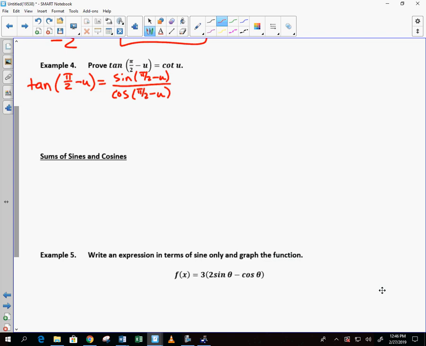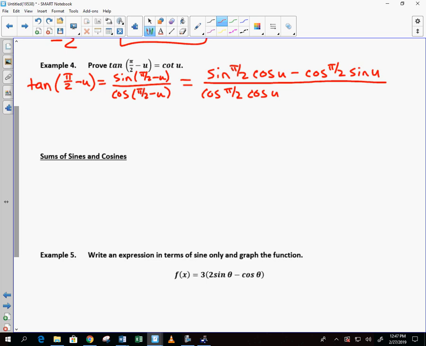Hey, it's interesting that they're giving us this type of proof in this section where it looks like you have subtraction of angles. Do we know how to do difference of angles with sine and cosine? Yeah, we just did it on the front page, right? So the top will expand to what? Sine of pi over 2 minus u. How does the top expand? Sine of pi over 2 times cosine of u minus cosine of pi over 2. Good. Excellent work. Divided by cosine of pi over 2, cosine of u, plus